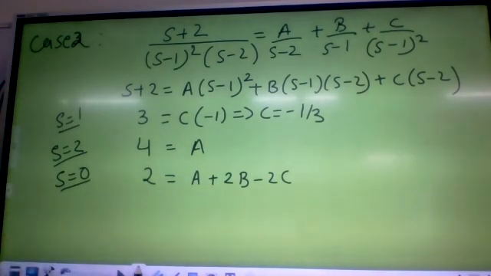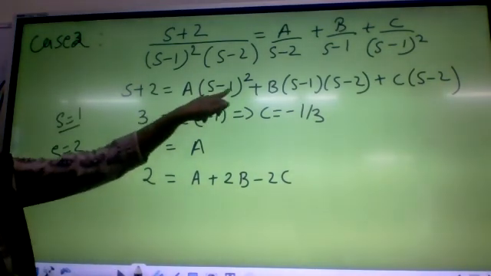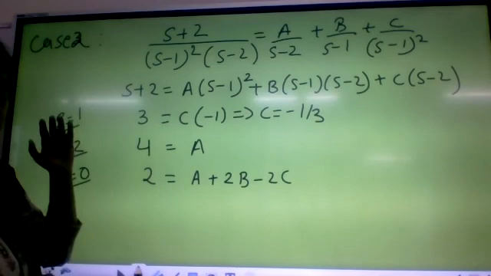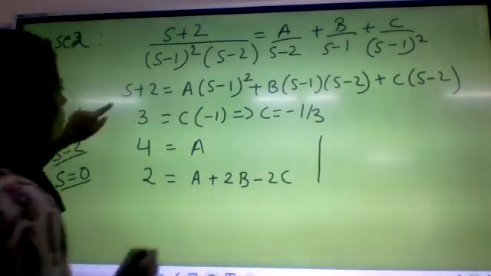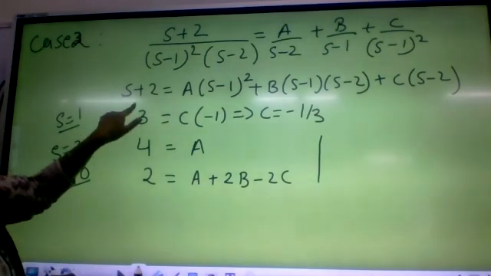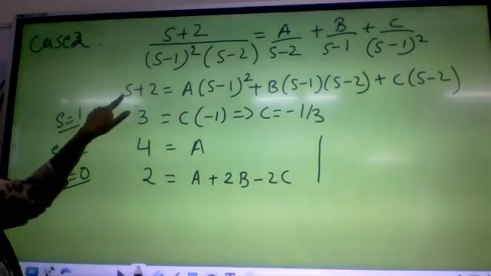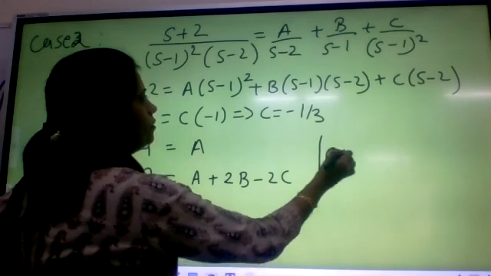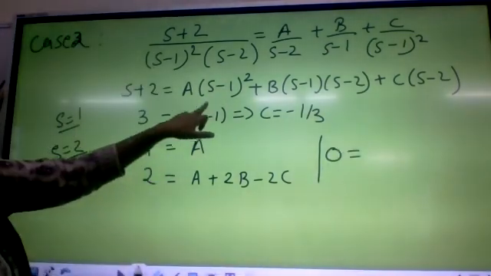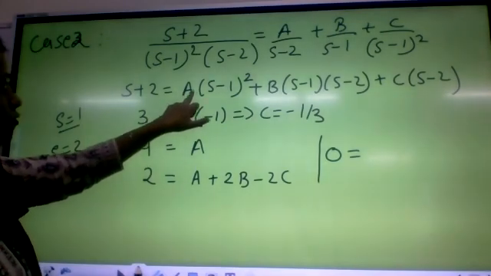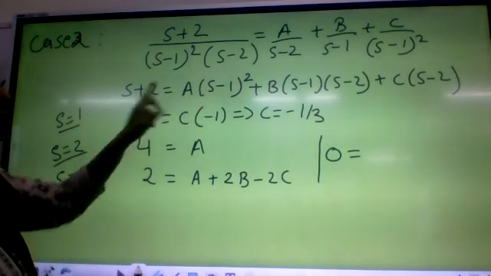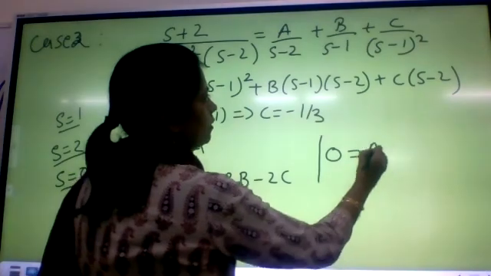This is one way. The other easier version is, see in this equation, if you equate the highest degree coefficient, highest degree is s square. So if you look here, what is the s square term here? I don't have an s square term. So what is the coefficient of s square? 0. So 0 is equal to, go to right hand side, s square coefficient here will be a. When you open it by a minus b whole square, s square coefficient will be a. So a plus b.